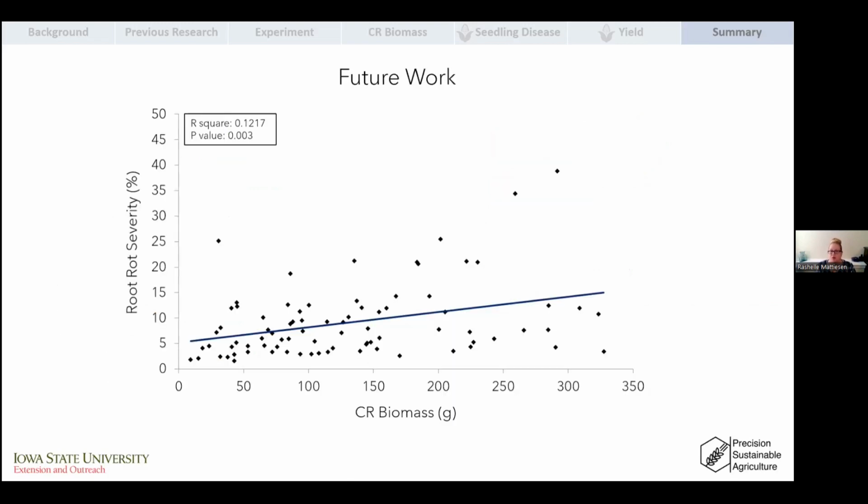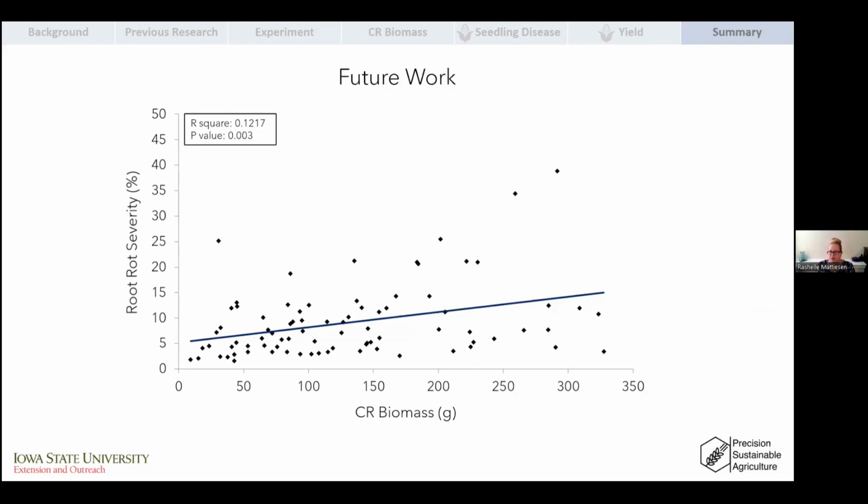So for future work, we're going to be taking all the data we have and putting it into some modeling to see what we can find. There's a lot of data: corn emergence, vigor, stalk rot, barren ears. There's a lot of information that we took data for. But this,